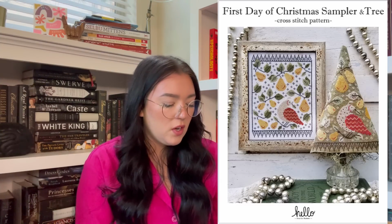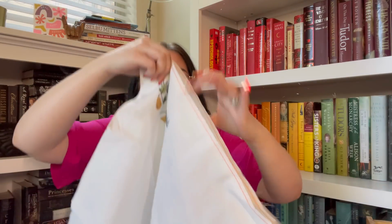And I'm stitching this on Silver Moon, which is just a basic linen that my LNS has. I think it's a Zweigart base because it does have orange on it. And I did get a whole yard of this because I was actually going to use this for my Pandemic by Long Dog Samplers. But when I got it home, Bridget the Museum Stitcher and I were talking in a group chat that we're in, and